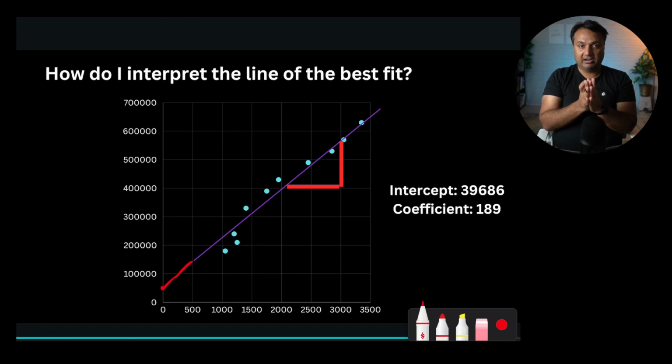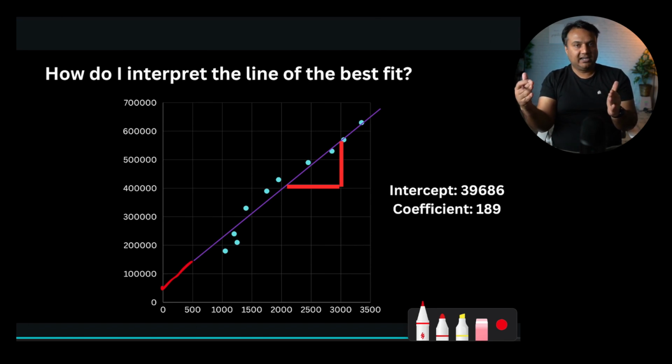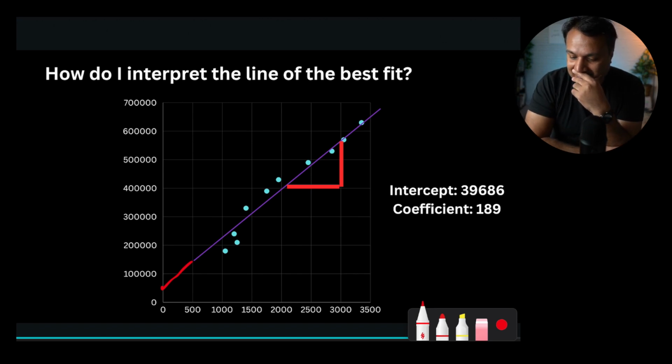So if you are at 2,500, and you add 100 square feet of area, you can clearly see that 189 multiplied by 100 will be about 18,900 increase in the price. And this is insanely important because by this you have a very clearly valuable and quantifiable relationship established.